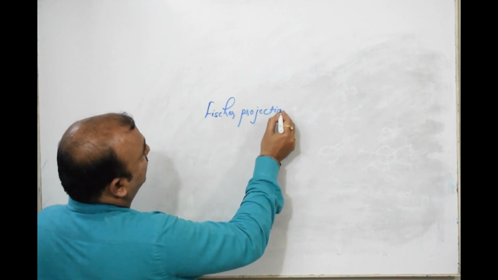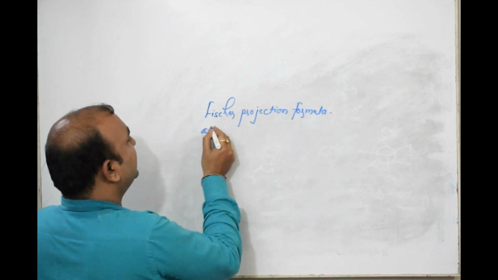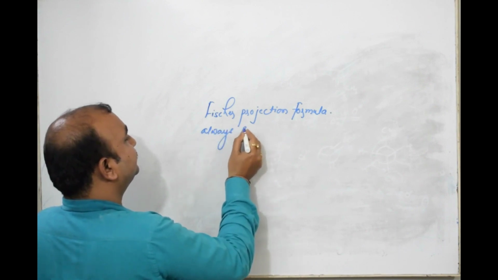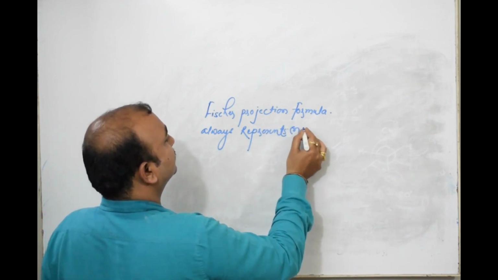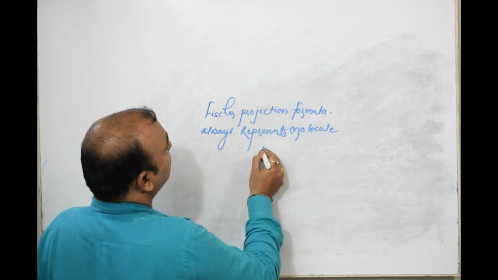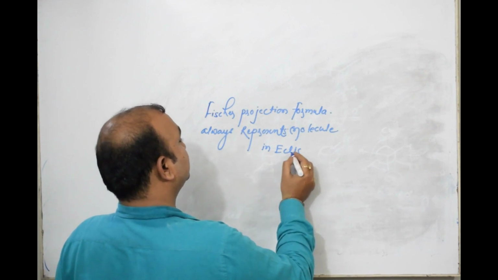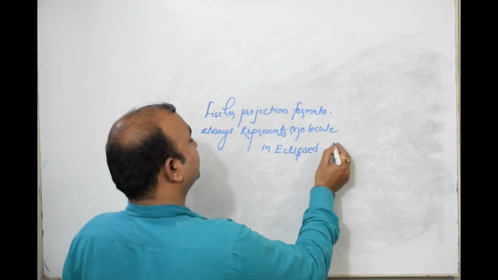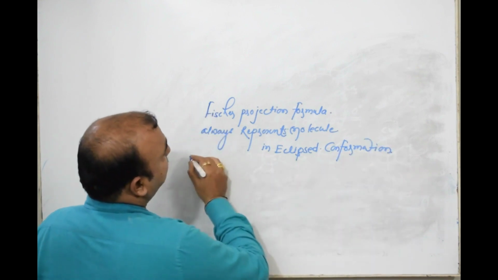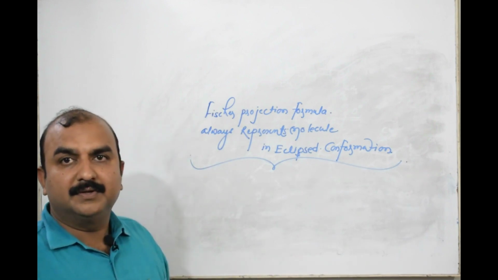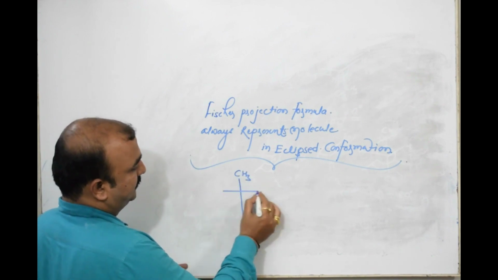Fisher projection formula always represents the molecule in eclipsed conformation. It's a very important statement that I am going to give. See, if you will take any molecule,